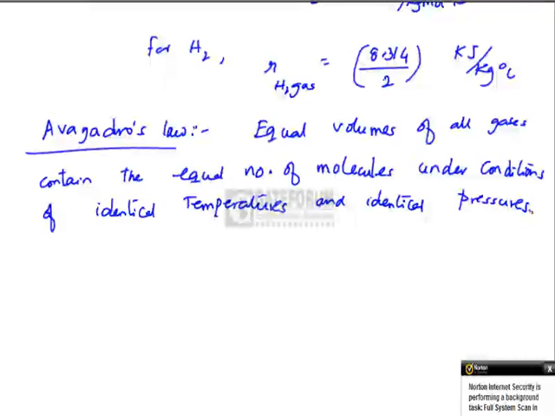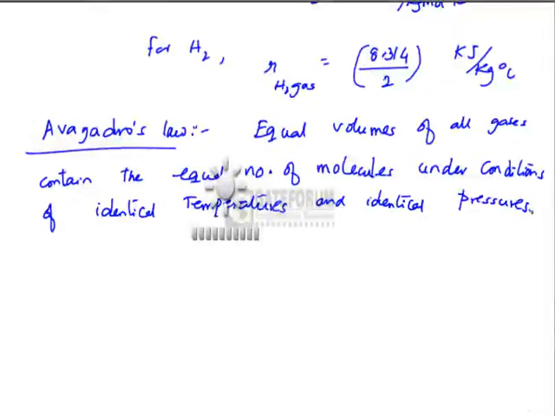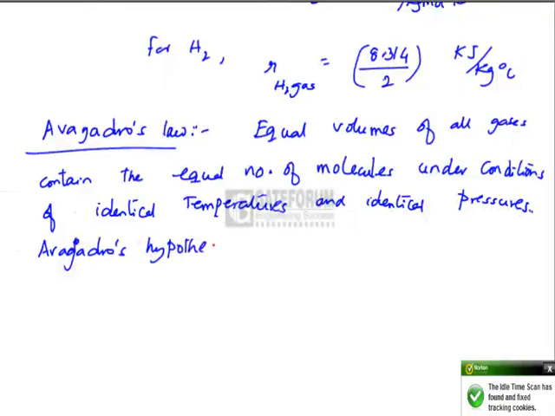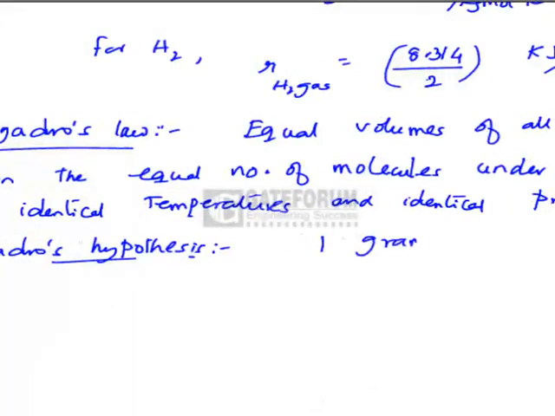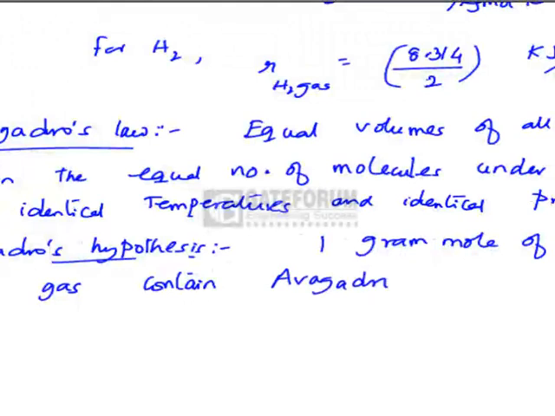That means, if we take two samples of gases at the same pressure and at the same temperature, and if their volumes are equal, it means that both the gas samples do contain the same number of molecules. Next, coming to Avogadro's hypothesis, which is based on Avogadro's law. 1 gram mole of any ideal gas contains Avogadro's number of molecules,